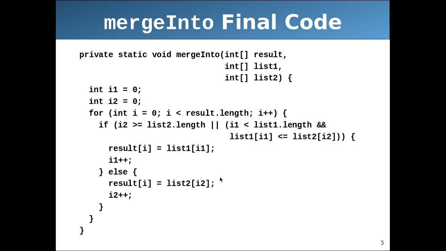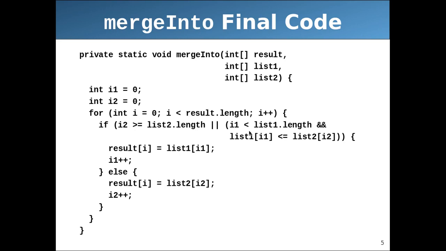So if we look at this merge into, it's also really straightforward. So here we have our two lists that come in, and then the result is just going to be the final array that we're building. So basically in this first statement, what we're looking for is, as long as these i's, I1 and I2, are within the lists, as long as I2 is greater than or equal to 0 at this first start,